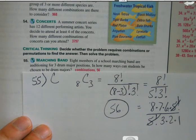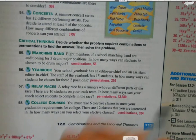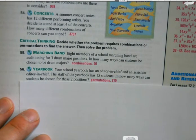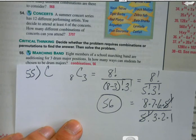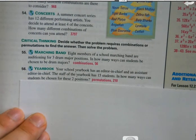Wait, what's... So, if I'm looking at 56, isn't 8 times 7 56? Yes, 8 times 7 is 56. Why'd you say 8 times 7? Because, again, okay, let's flip back to here for a minute. Let me make sure I got your question right. Your question again was? 8 times 7 times 6 is not 56. That's true. Oh, but then you divide it. You didn't say the divided part. Well, I was paying attention, but...